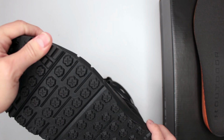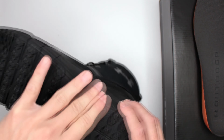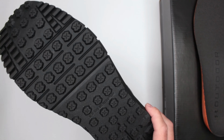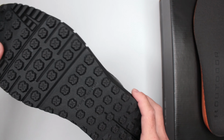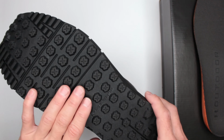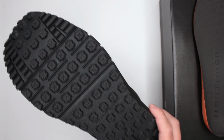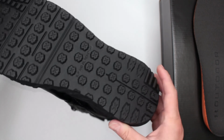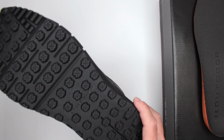These right here are super aggressive, and keep in mind this rubber is very, very high quality. It's not one of those cheap soft rubbers that is mushy and feels like butter, and you're walking on something and you're just sliding around. No, this is a very, very hard outsole, so these grooves right here are super aggressive. They just grip into really anything, and because it's overall flat, while being aggressive, whenever you're walking